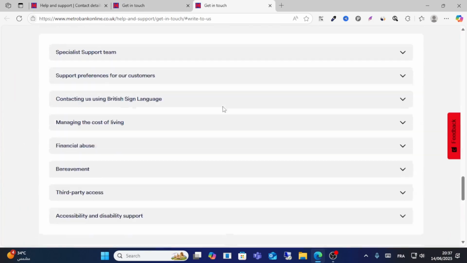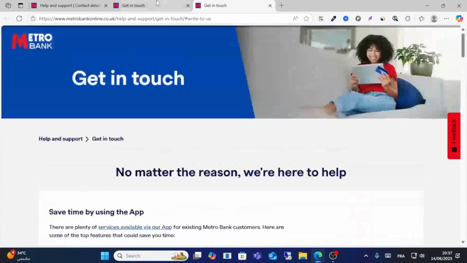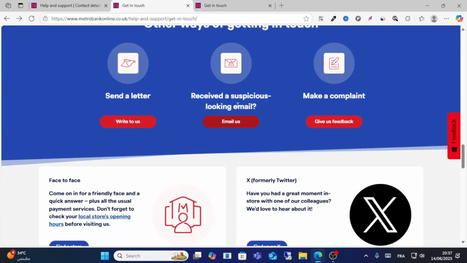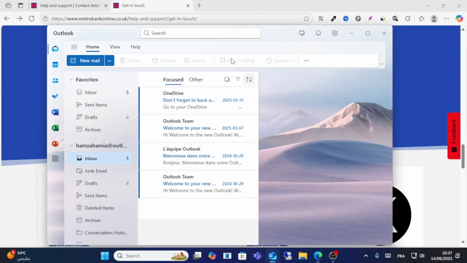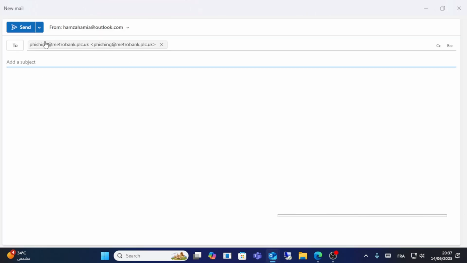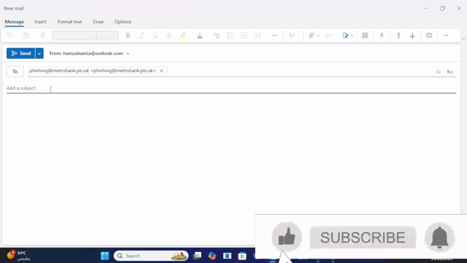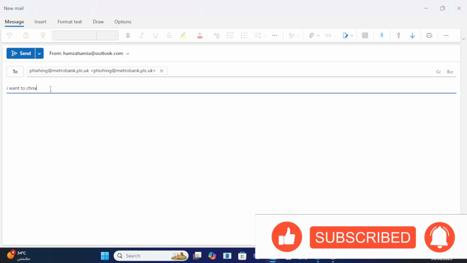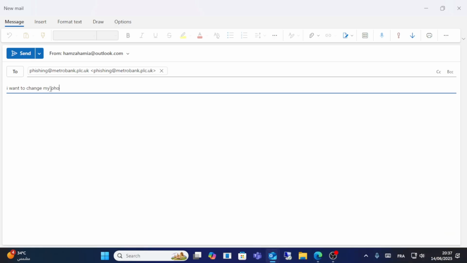Choose anyone if you want to write a letter and write email us, this icon for any problems, and open your email guys, Outlook or Gmail email, and then you will pop on this icon as you can see here guys, this icon, and from here write your subject. I want, for example, I want to change my phone number and write this message, please look for my request